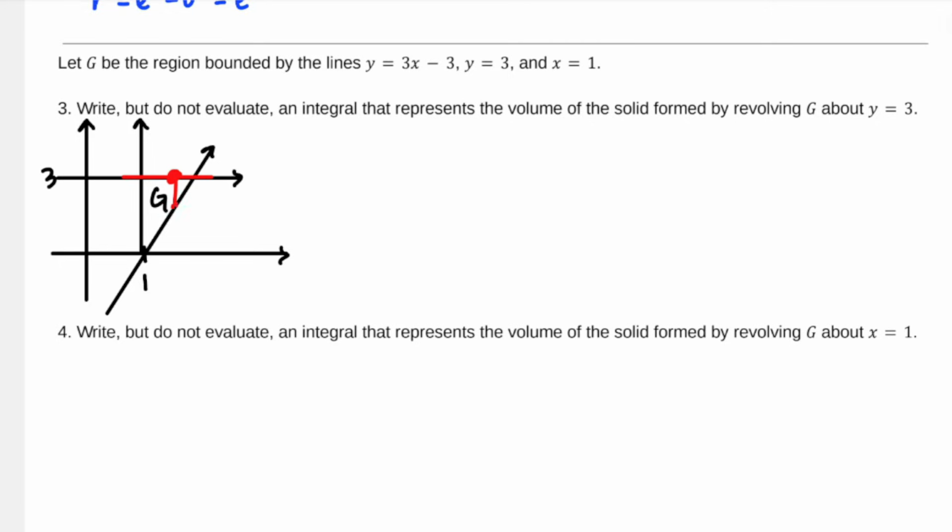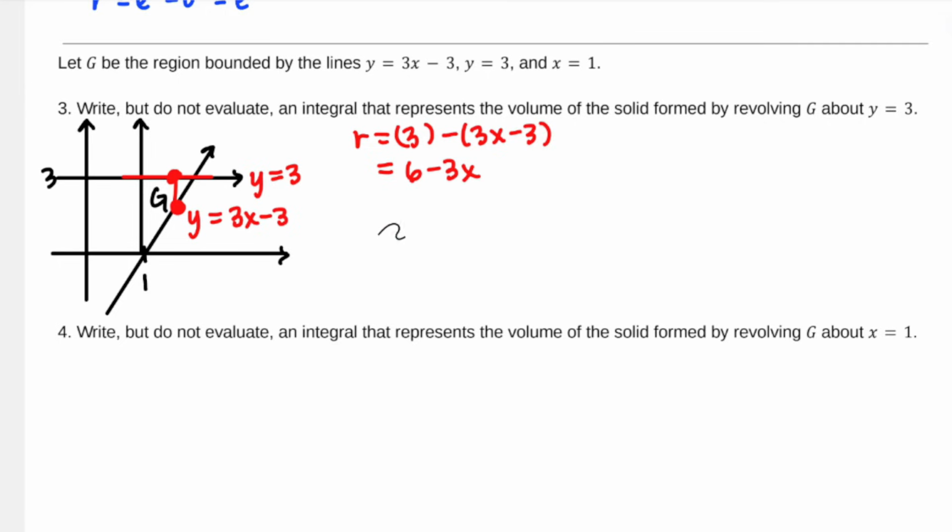So the radius would be top minus bottom, y equals 3, y equals 3x minus 3. So radius being top minus bottom, 3 minus (3x minus 3), and that's going to be 6 minus 3x. Okay, that's the radius. Volume is equal to the integral of pi r squared. So 6 minus 3x